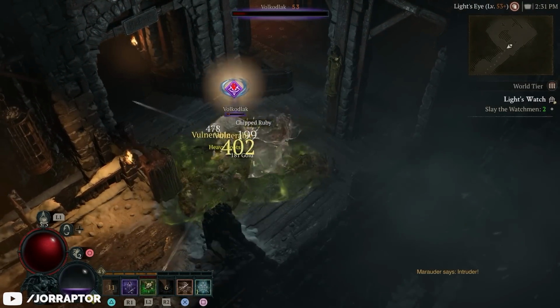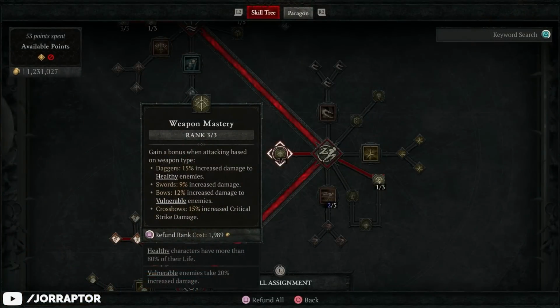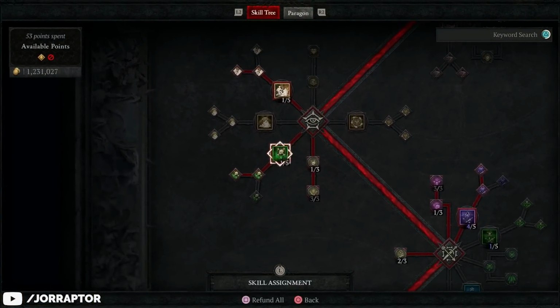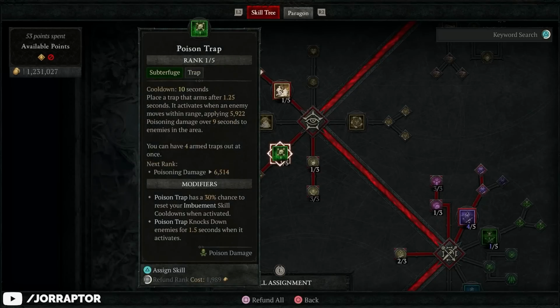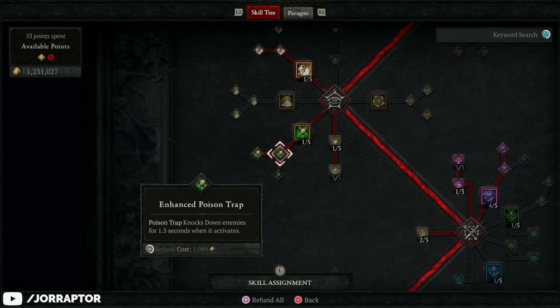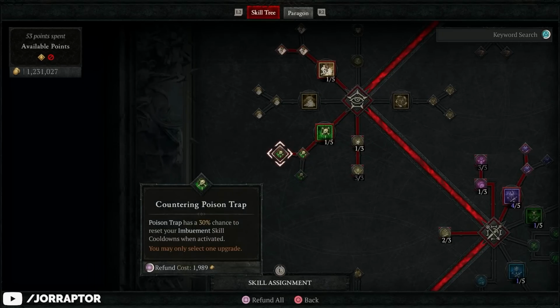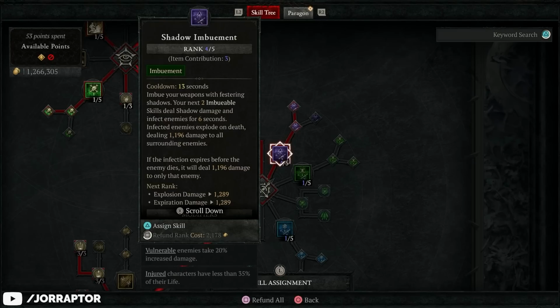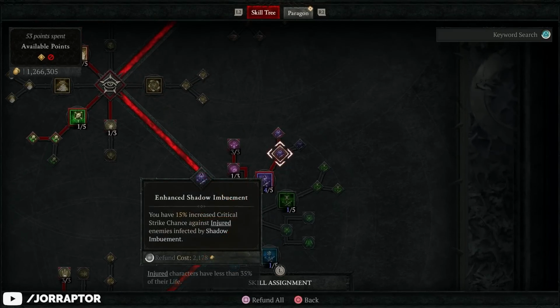I got 3 points in the Weapon Mastery skill for a nice passive damage increase, and then continue to the Poison Trap, which is crucial. With the enhanced skill you also knock down enemies, so you get some crowd control, and I also go for the Countering Poison Trap to have a 30% chance to get my Imbuement skill back, so I can use that one more often. And again, I go for the Shadow Imbuement skill, only 1 skill point in here, and I